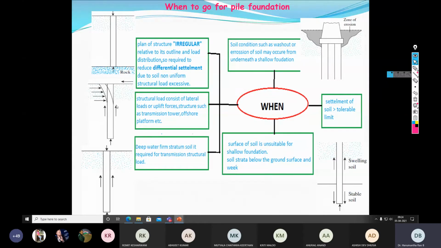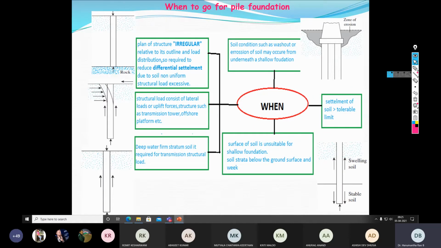Under those circumstances, one has to go for the pile foundation. Then in other cases where the foundation should be right in the water, where there is a possibility of the development of the uplift pressure, meaning the pressure from the bottom of the foundation system. So usually, in shallow foundation, we understood that the load only gets transmitted through the foundation into the soil. But